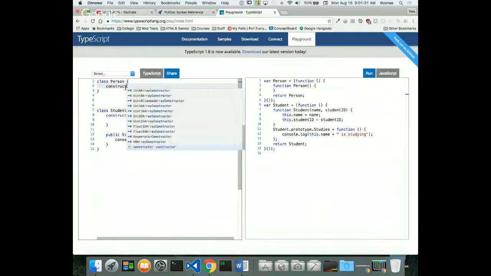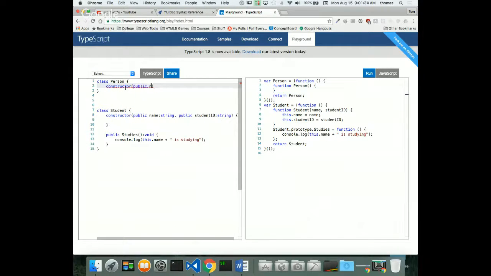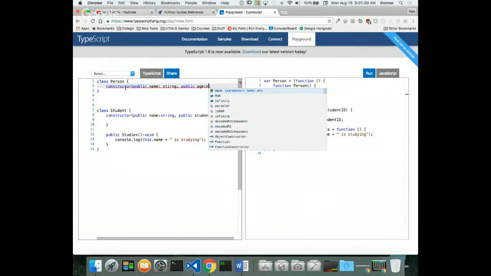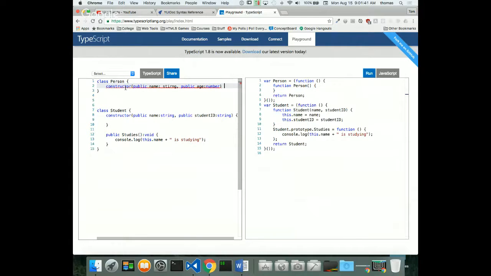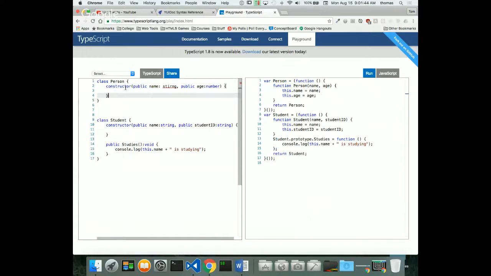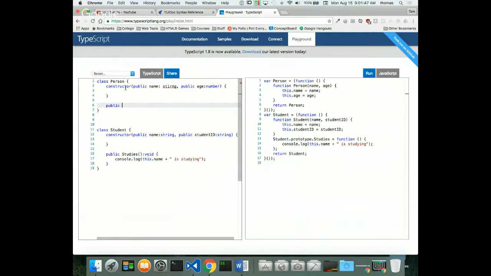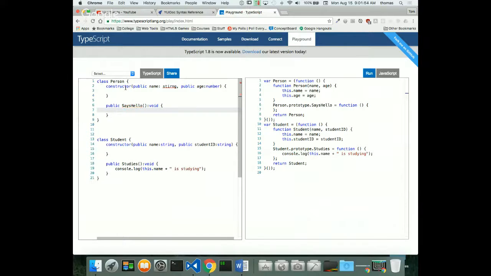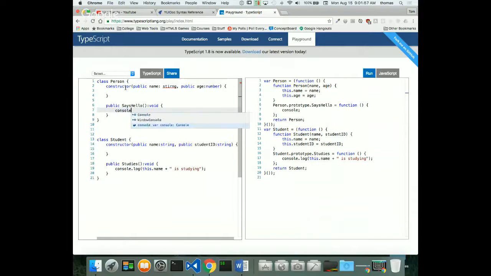I'll have a constructor here that's very similar, where we have a public name string and a public age number, like we had before. And if this person says hello, that's the public says hello method, which returns void. That's all TypeScript, right? And we can say something like console log this dot name plus, the plus operator being a concatenation operator to add things together,